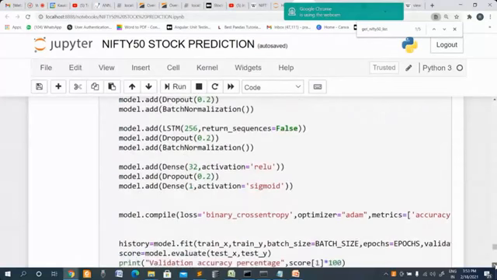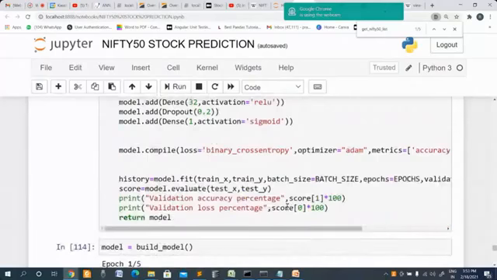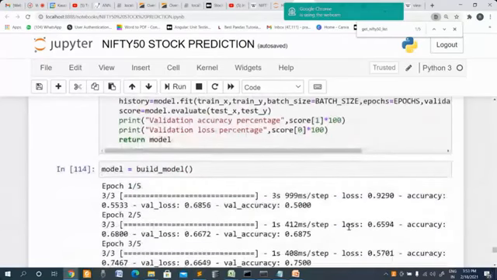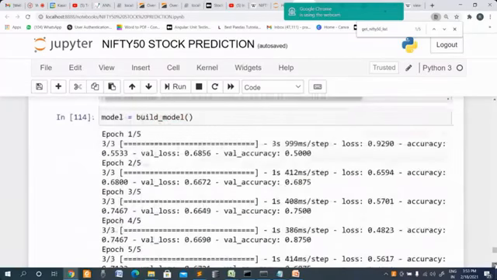And finally we are going to build our model, and then we are going to check the accuracy of the model. So the model, whatever we have built, and what is the accuracy. And then again we are going to run it for so many iterations. We call it as epoch, and I used 5, and you can look at the accuracy. So as the model gets trained, the accuracy is going to improve, the loss is going to reduce.